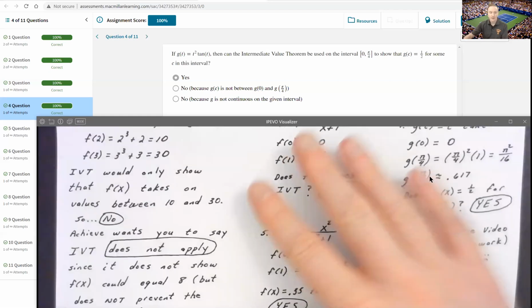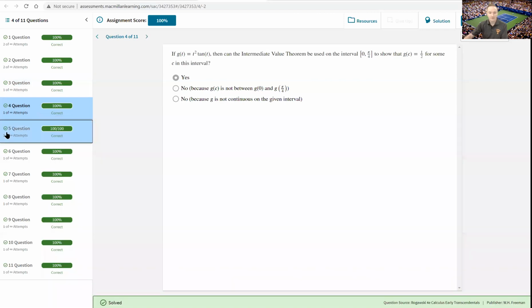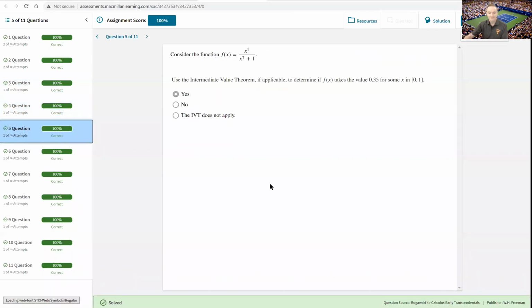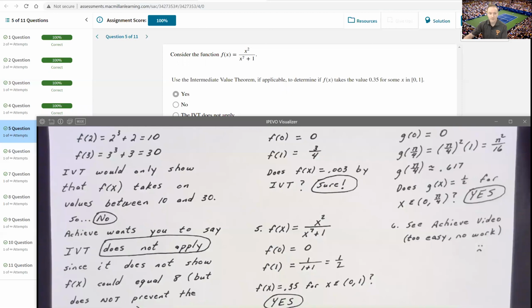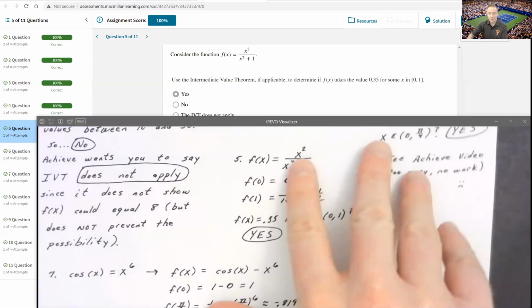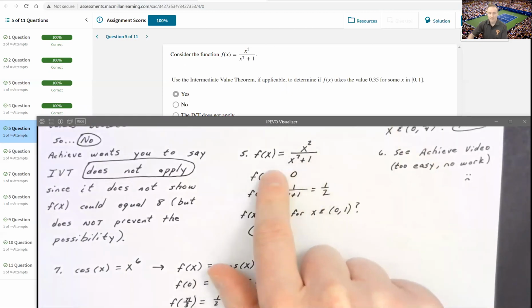For the next question here, it's asking us to use the intermediate value theorem to show if f of x takes on a value of 0.35 for some x in between 0 and 1 on the rational function x squared over x to the 7th plus 1. Okay, so I continued with my intermediate value theorem logic by just saying, all I need to do is